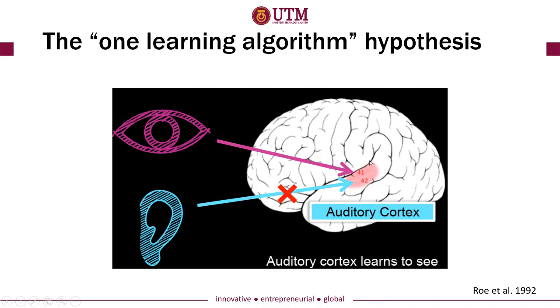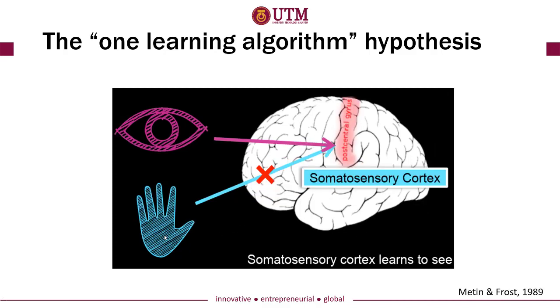And this research said that if you disconnect between your ears and this auditory cortex, and connect your eyes with your auditory cortex, then this brain, especially the auditory cortex here, learns to see instead of learning to hear. So same goes to the